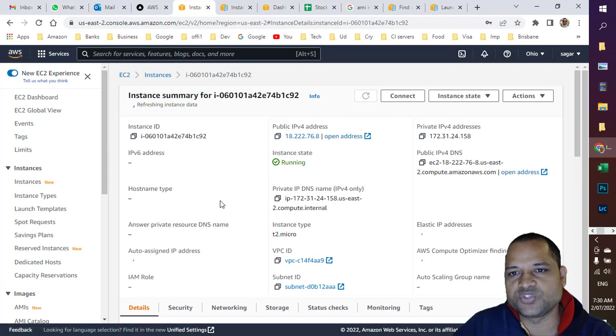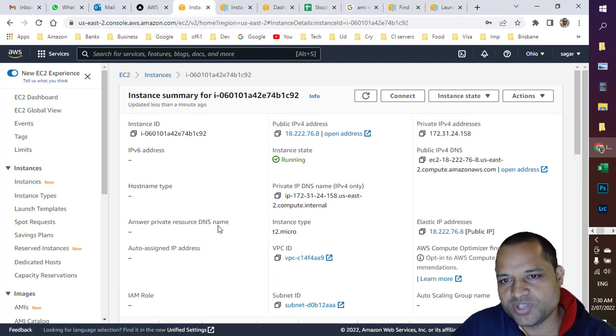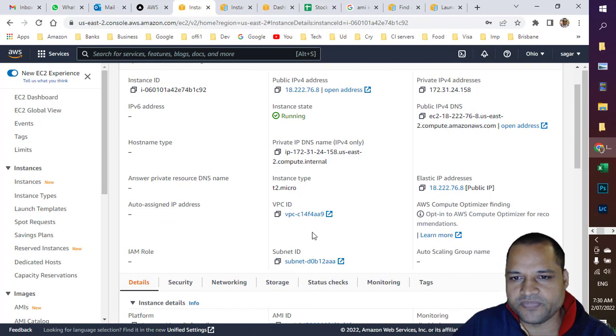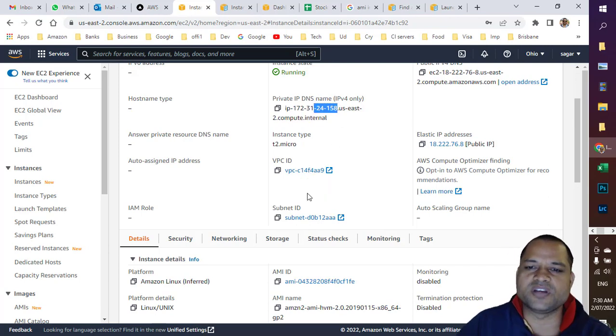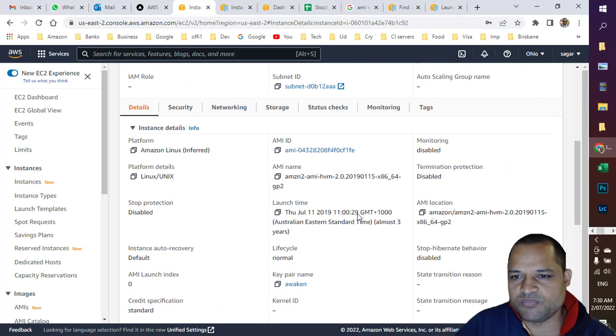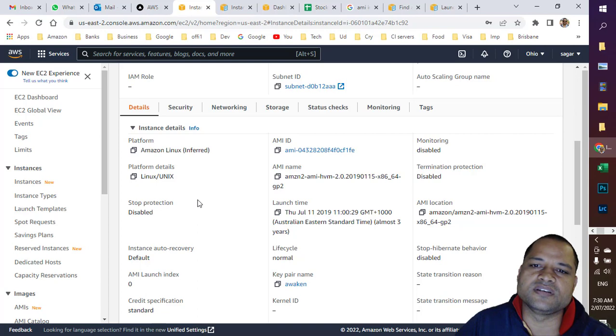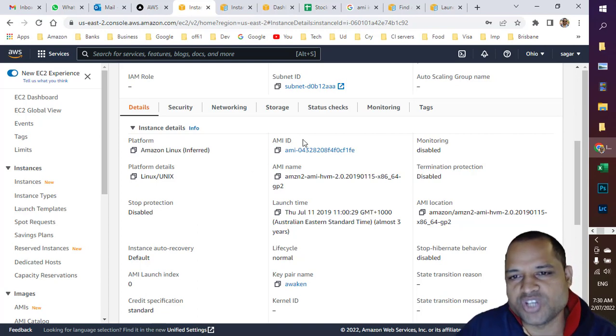will show more information. So IPv4 address we have already seen, but you can see here it is also showing the private IP address, and then it is also showing the VPC ID, this virtual private cloud ID, then subnet ID is also being shown here. And down here some more information like the AMI, that is Amazon Machine Image ID, from which this